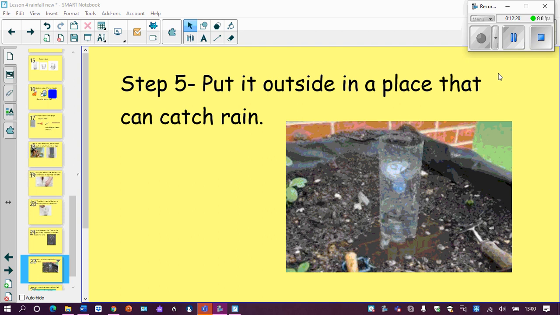The last step is to put it outside in a place that you can catch rain. Would it be a good idea to stick this bottle inside of a shed? Not quite, because it couldn't catch the rain in there. Would it be a good idea to stick it underneath a windowsill? It needs to be somewhere out in the open, next to a fence maybe, or the wall where it can